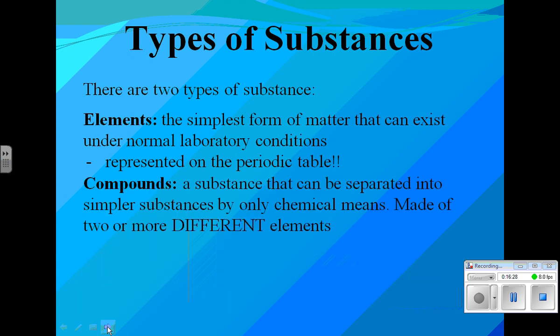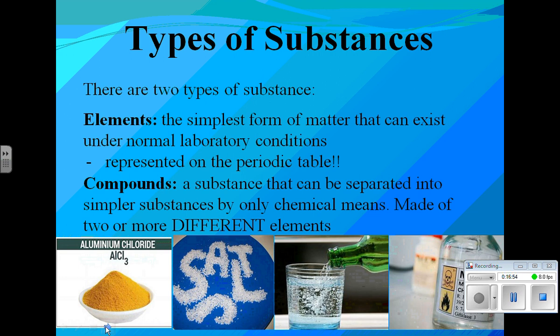Okay, the other one would be compounds. Compounds are substances that can be separated into simpler substances, but they can only be separated by chemical means. They are made up of two or more different elements. That's going to be the key of a compound. If you think about a compound word, it's two words put together. So compounds are actually just two or more elements put together as well, but they're chemically bonded. So we have aluminum chloride, we have salt, which is sodium chloride, we have